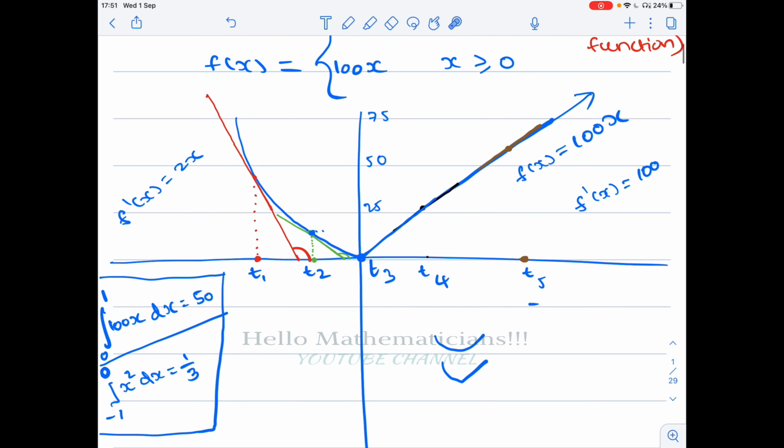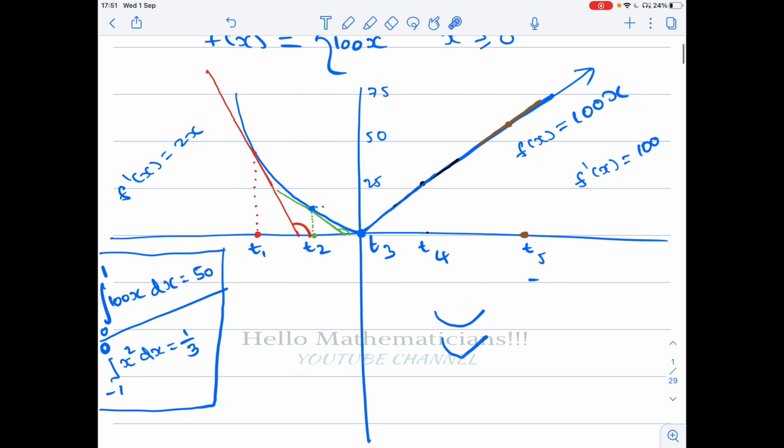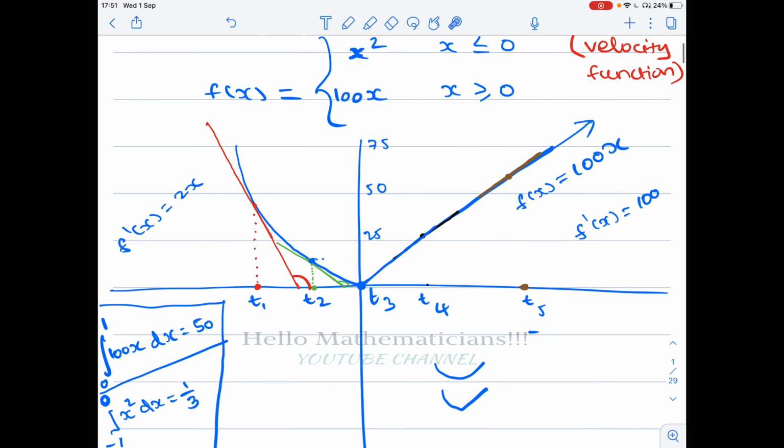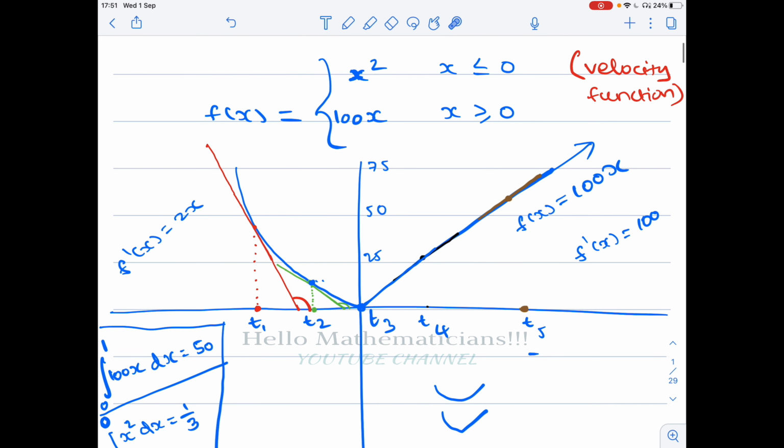That is fine, but we want to understand this phenomenon using some physical interpretation, a real life interpretation. We assume that this is a velocity function of a moving particle, say of a moving car, or a moving bike will be very easy. So let's assume this is the velocity function of a moving bike, a bike or a scooty, whatever. Now if you look at this function, I said this is velocity.